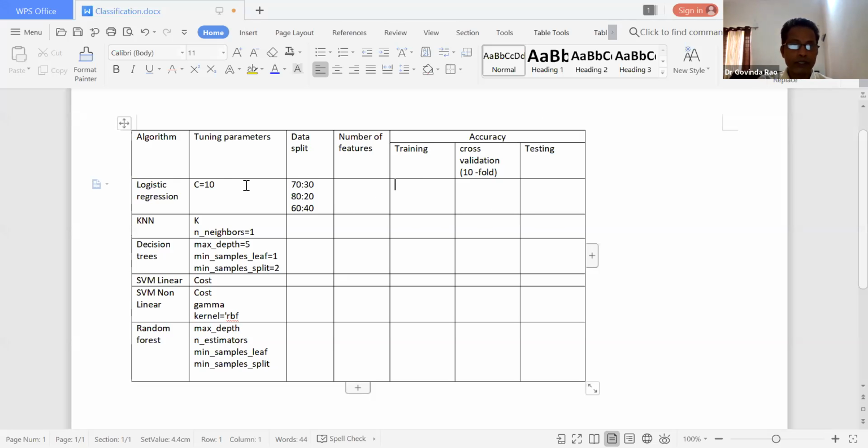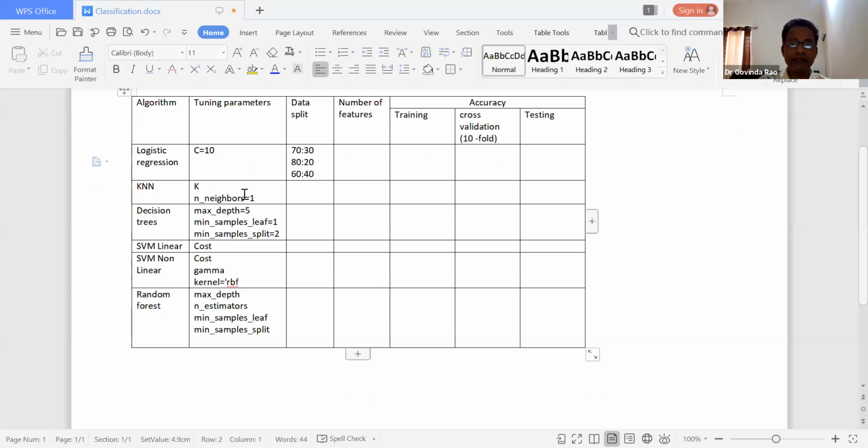Okay, so right. In logistic regression, what is the tuning hyperparameter? Cost is the tuning parameter. So you are doing the reverse regularization of your error loss. If you want to know more, what is the cost parameter? How do we optimize and choose the best cost parameter in your logistic regression, right?